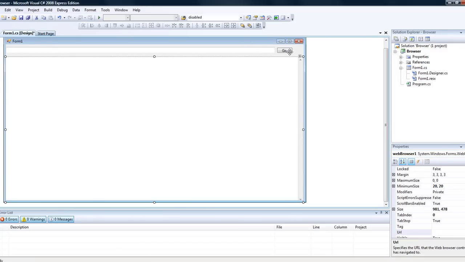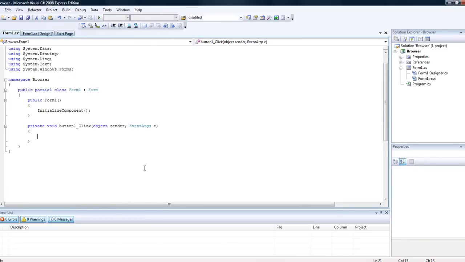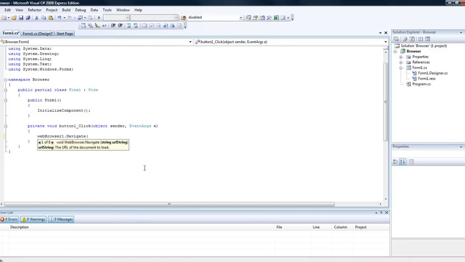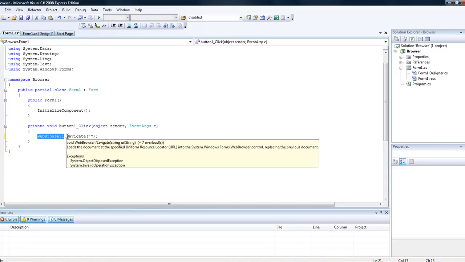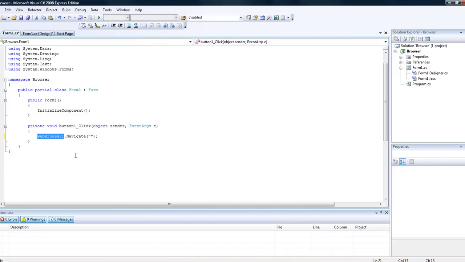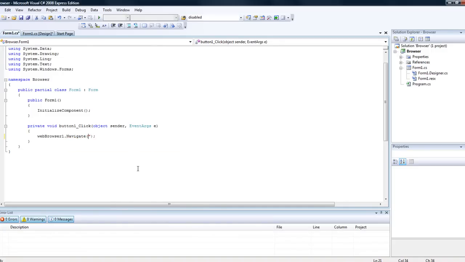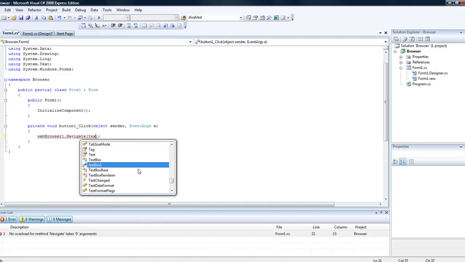So name your web browser whatever you'd like. Everything's going to be focused in the go command. So double click that, open it up, and you're going to want to type, it doesn't have to necessarily be webBrowser1, it'll be whatever you called your web browser, .Navigate. Make sure the caps, all punctuation and grammar is correct here, otherwise it'll pick it up as an error. Here, if I do this, it'll give me an error saying I'm using an invalid reference. So you're going to keep that a capital. You don't need the quotations. So you're going to type in